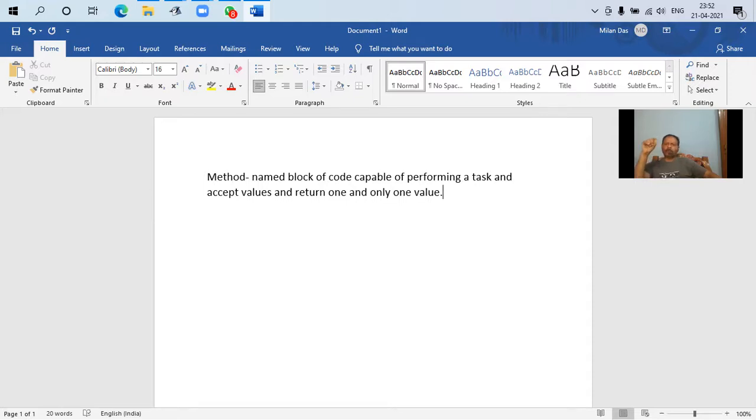This one value could be of primitive data type or non-primitive data type. Similarly, the values we pass to the method could be of primitive or non-primitive data type.